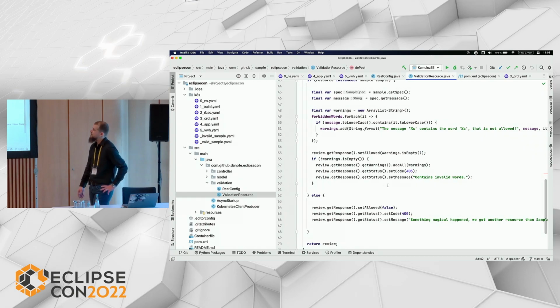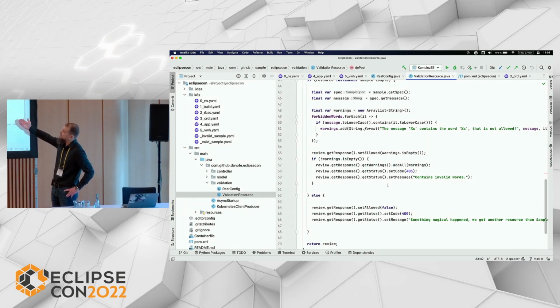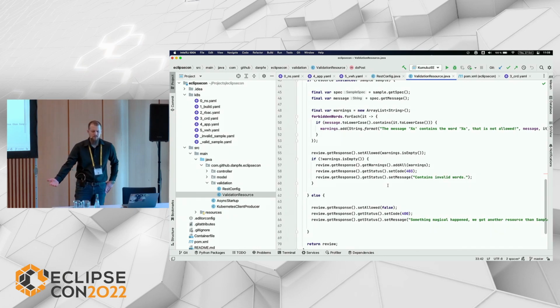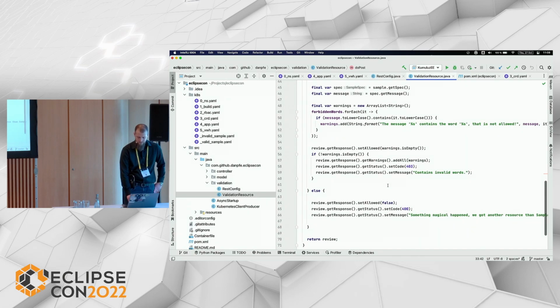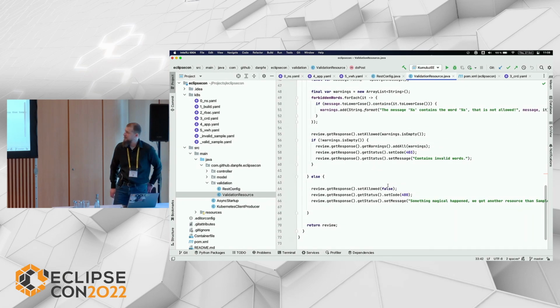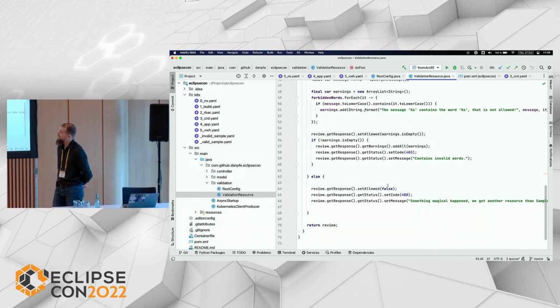And if it does, we will simply reject it. It says it contains invalid words, and a couple of warnings explain exactly what words we saw that we don't want them to store in etcd. There is a little else case here. If for some reason we would get something else than a sample, then it would return this. But in a normal circumstance, that can't happen.